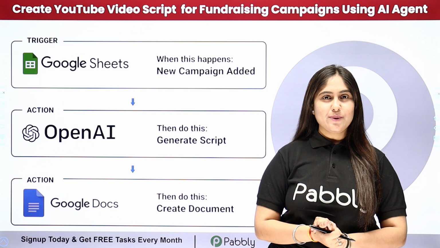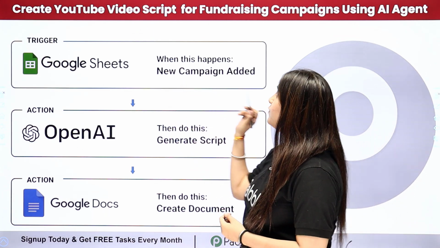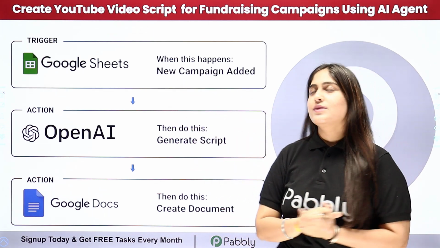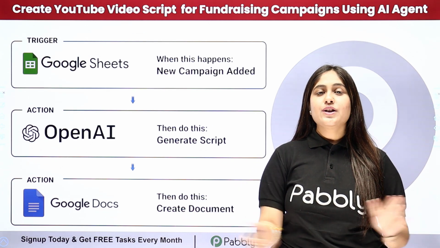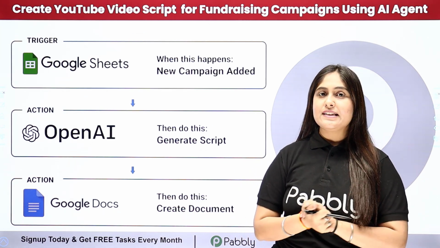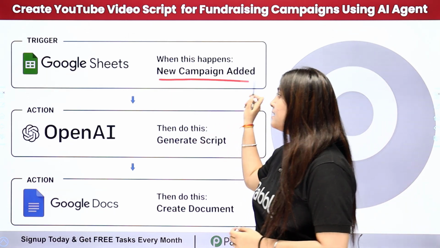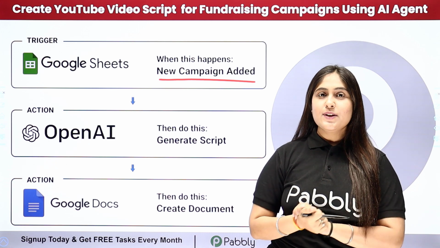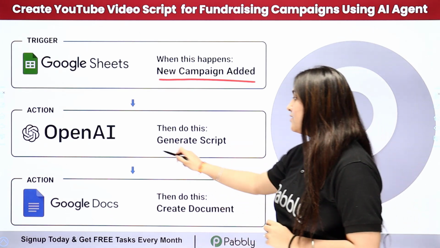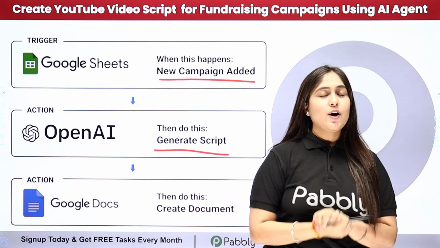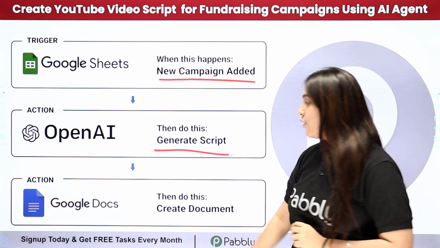In this video, we are going to understand how to create YouTube video scripts for fundraising campaigns using AI agent. So here I want to generate the YouTube video scripts for my fundraising campaigns, and here my objective is that when I add new campaign details in my Google Sheets, then automatically using the details, OpenAI should generate the script, and after generating the script, automatically that script should be added as a new document in my